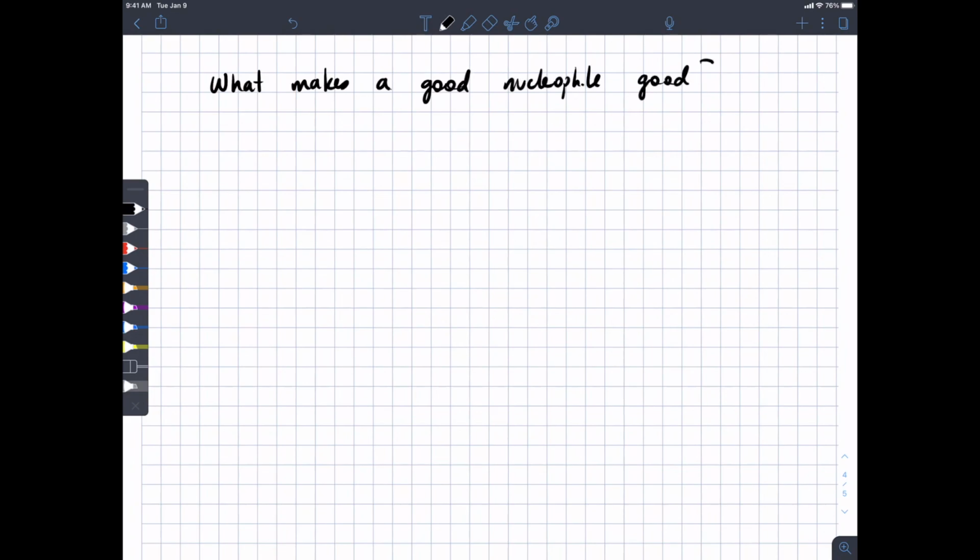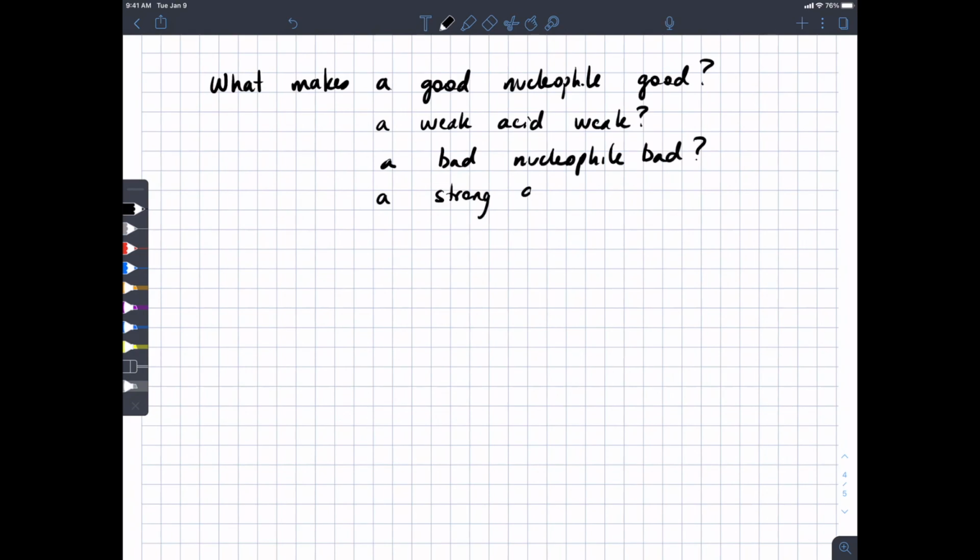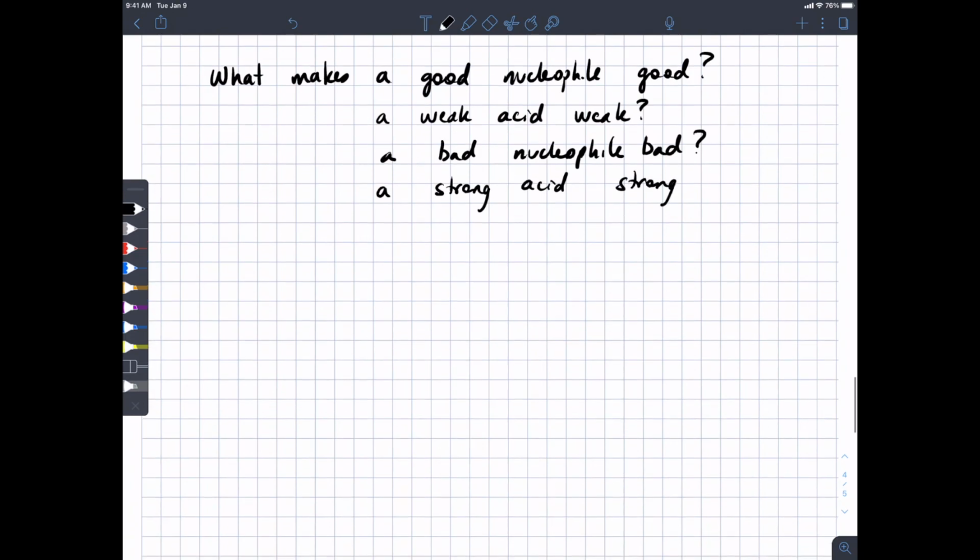All right. Turns out the answer to this is hidden in the world of acid-base chemistry, Bronsted acid-base chemistry. It turns out that asking what makes a good nucleophile good is the same thing as asking what makes a weak acid weak. What makes a bad nucleophile bad is the same thing as asking what makes a strong acid strong. Okay. So